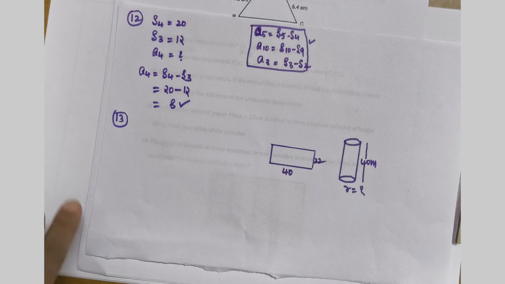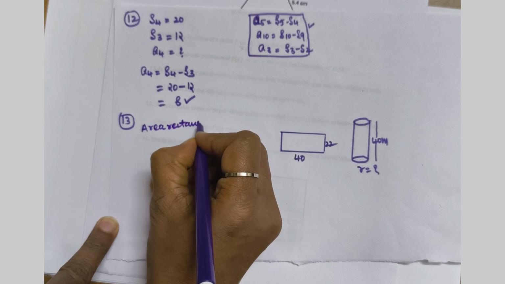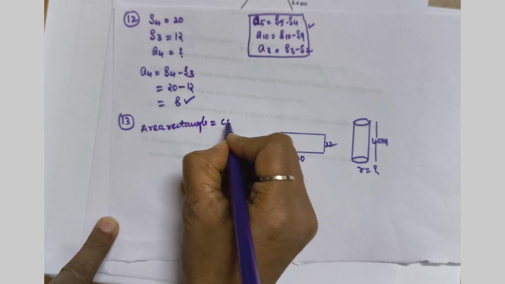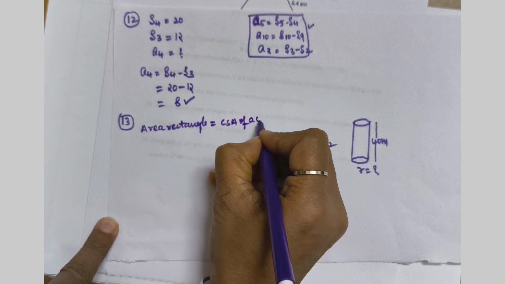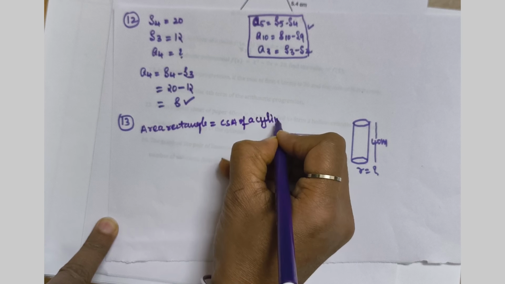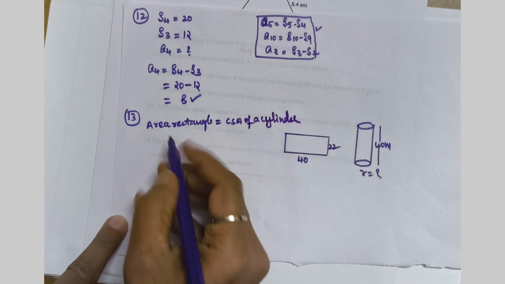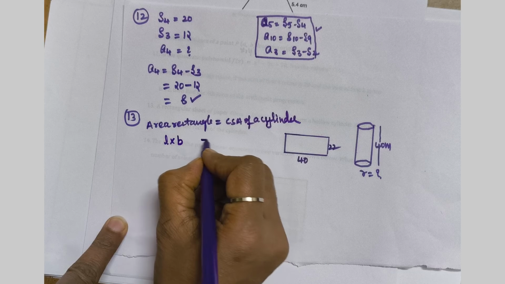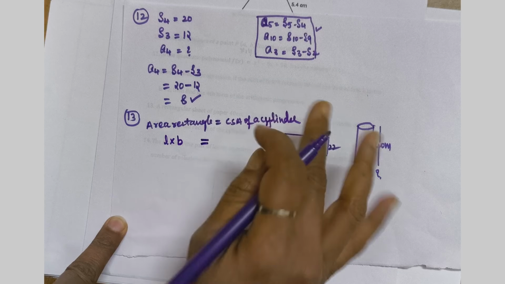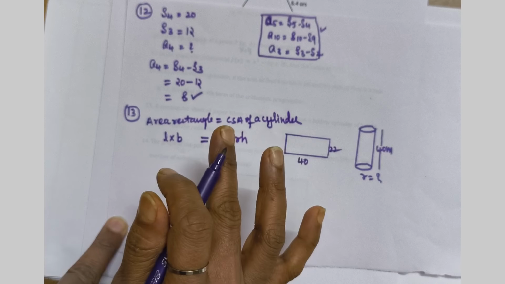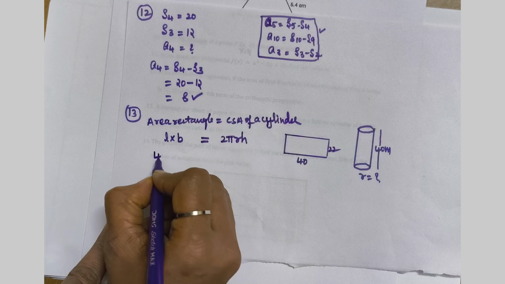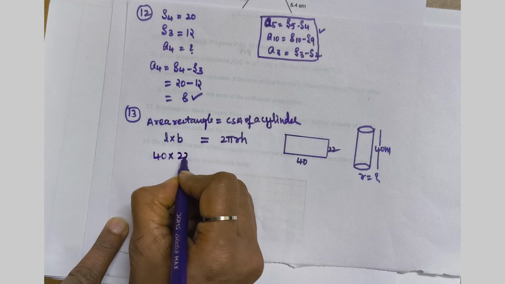First I am writing: area of rectangle is equal to curved surface area of a cylinder. These both are equal. The area of a rectangle formula is length into breadth. The curved surface area of a cylinder formula is 2 pi r h. Apply the formulas correctly. Whatever values you know, you can apply. Length is 40, into breadth 22, is equal to